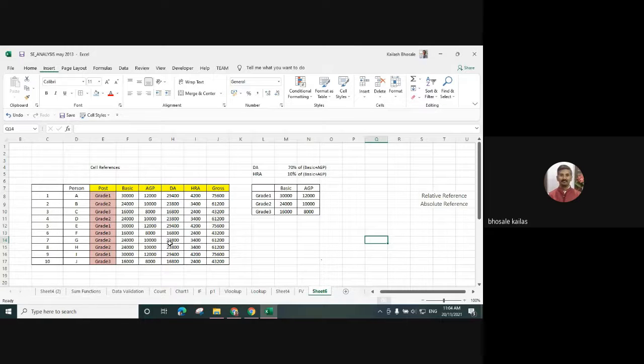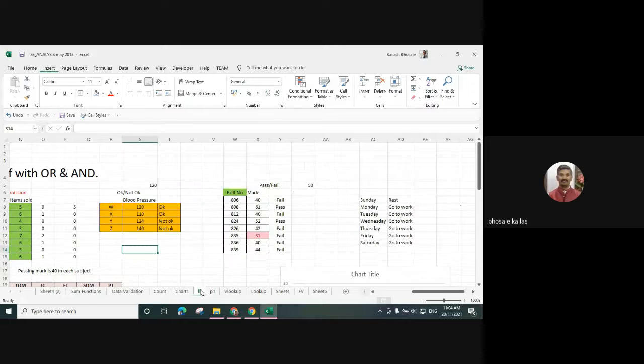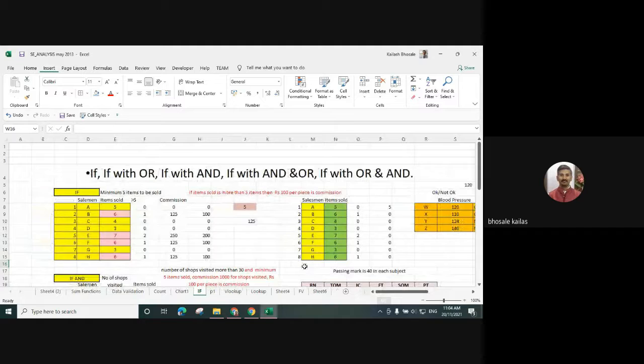So you got this. Then we'll see the if function. So there are many options with the if function: if with and, if with and or, if with or and function. So these are the many functions available.